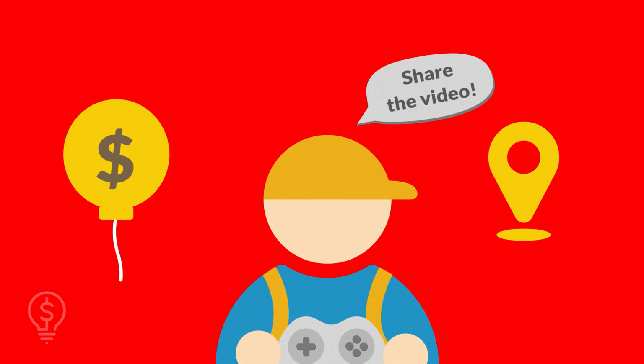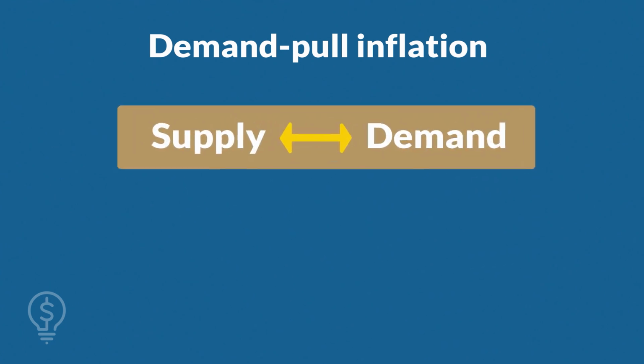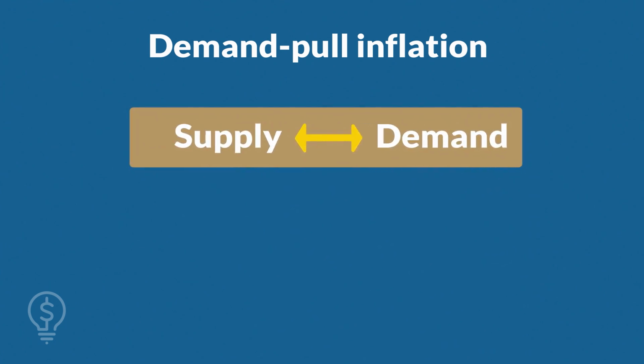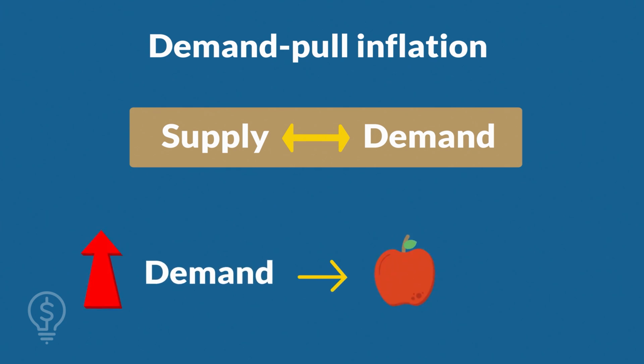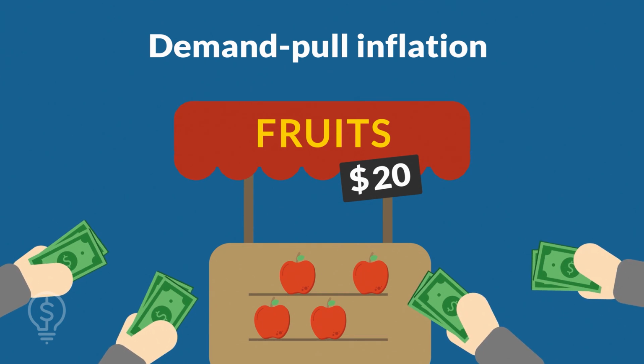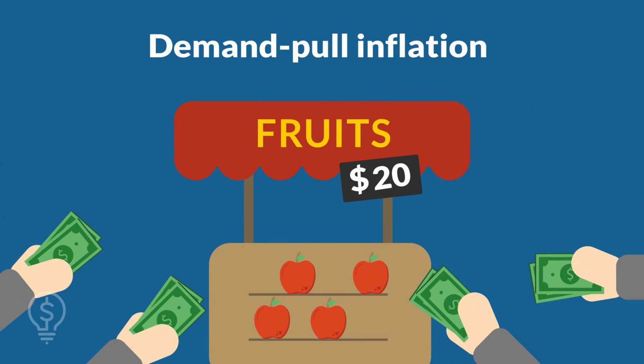According to economists, inflation can be attributed to the sum of multiple effects, such as demand-pull inflation. This effect obeys the law of supply and demand. This means that if suddenly the demand for a good increases, but no extra units are produced to compensate for the demand, the price increases. In other words, this happens when many people wish to acquire a good or service, but there are very few available in the market, so the existing ones become more desirable and valuable, which results in an increase in their